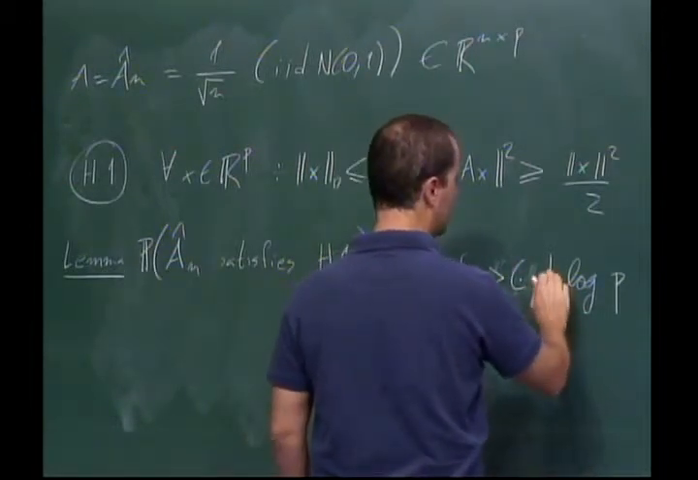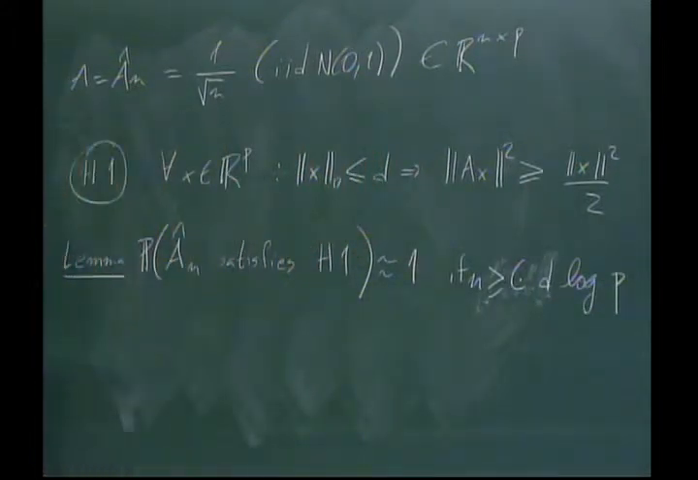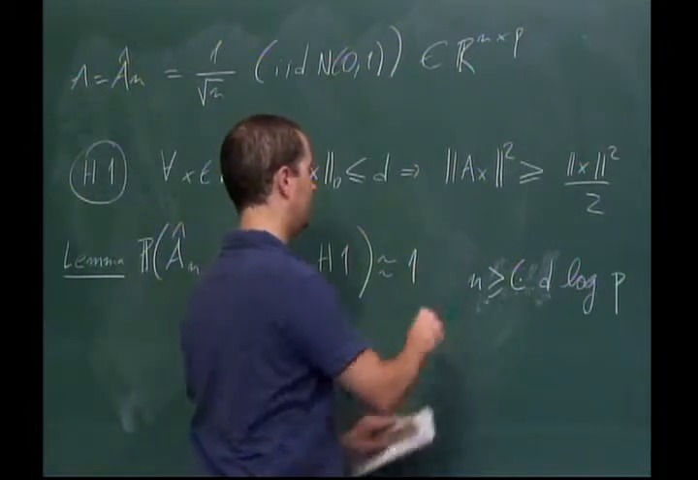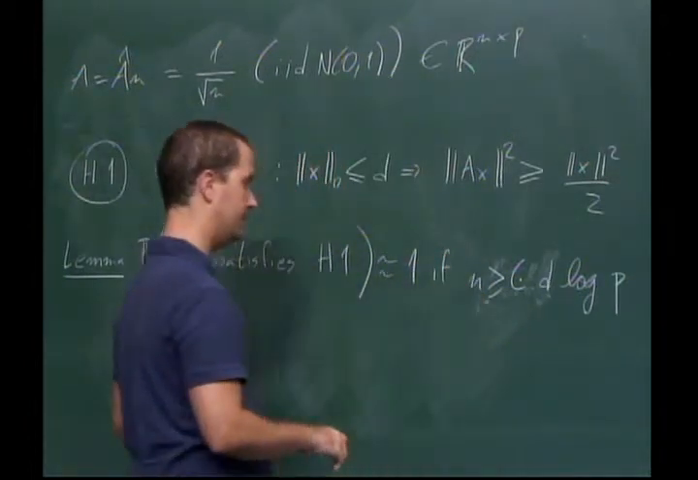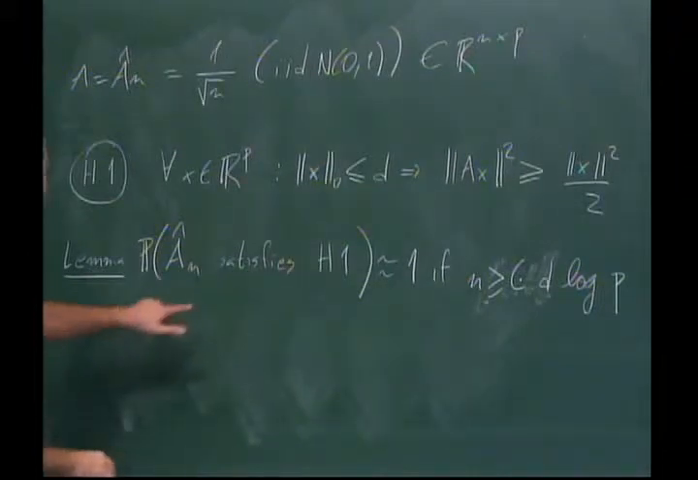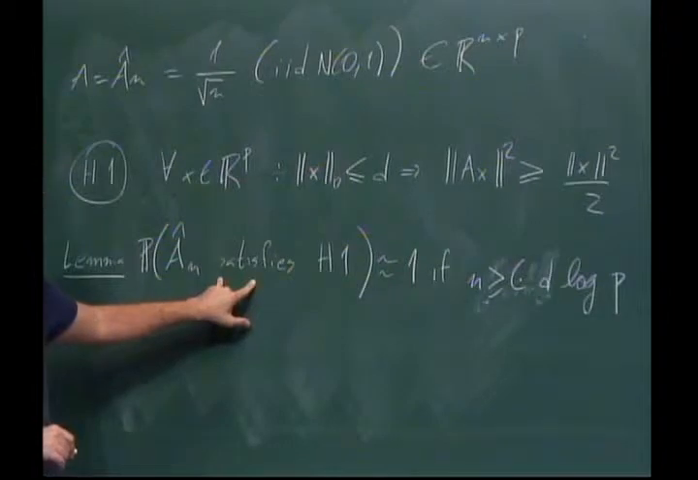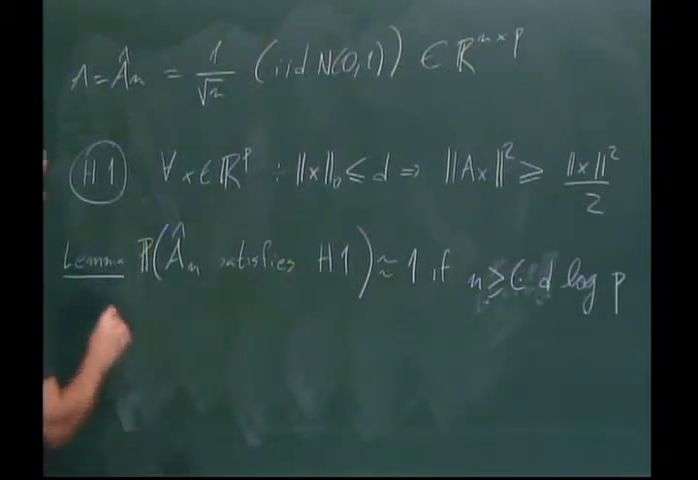And what I mean by a constant that doesn't depend on d or p. I mean, you can actually do more here, but this is sort of enough for our purposes. Now, this is a random lemma, right? We're going to use probability here. And actually, this is the last lemma we're going to prove. But here's a second lemma,